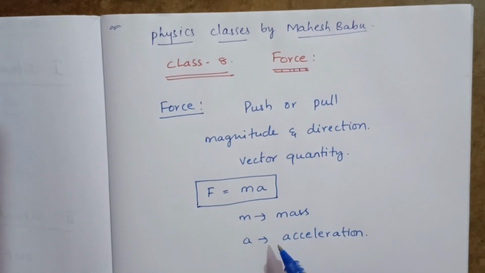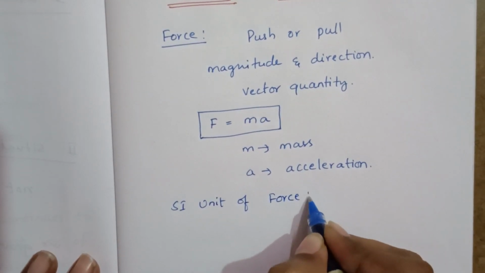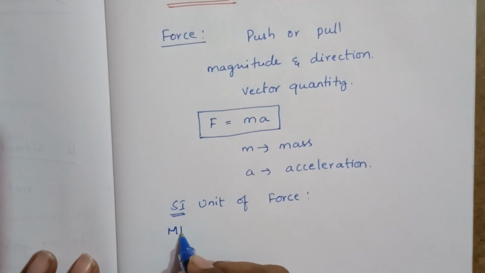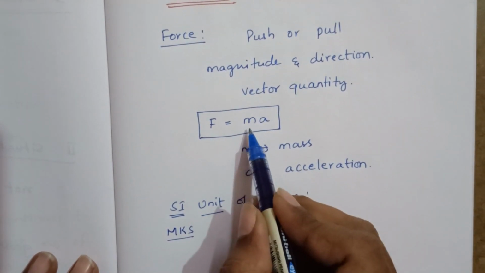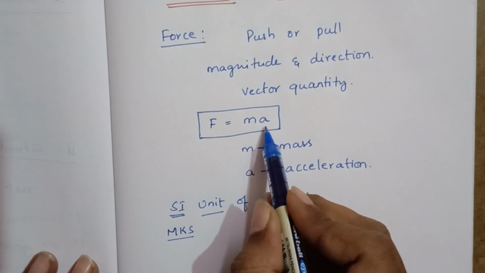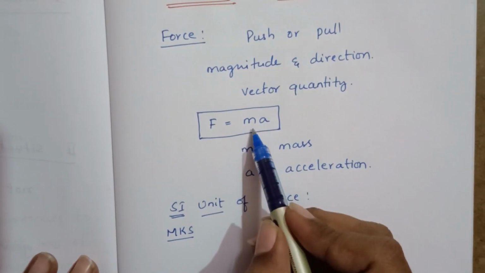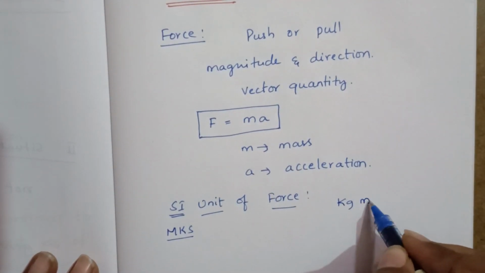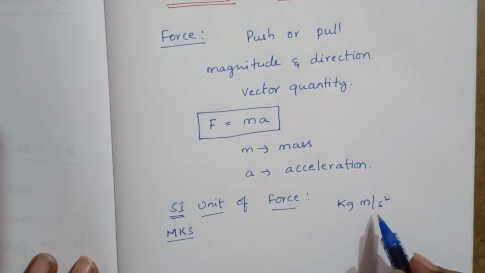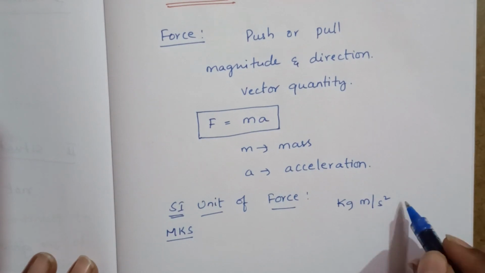Now the SI unit or MKS unit of force. How to write units? SI unit of mass into SI unit of acceleration. What is the SI unit of mass? kg. What is the SI unit of acceleration? Meter per second square. So kg meter per second square is the SI unit of force,